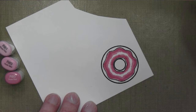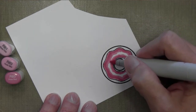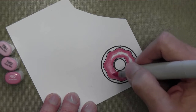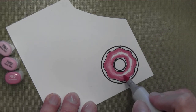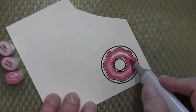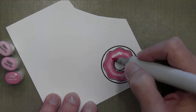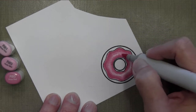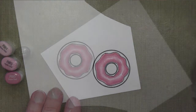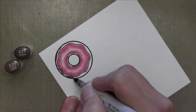Now if you just stop for a second, you'll notice that even with the white, it just looks good as a light reflection in and of itself. Now it's a little bit too white, so we do want to add a little bit of color there, so I'm taking my R81 and I'm going to start off going pretty solid on the R81, but not too much color. I'm not laying down too much of the ink. And then notice that as I move around, I'm leaving flecks of white in between my coloring. And then when you look at it, it actually looks like a round donut with a glossy shine on